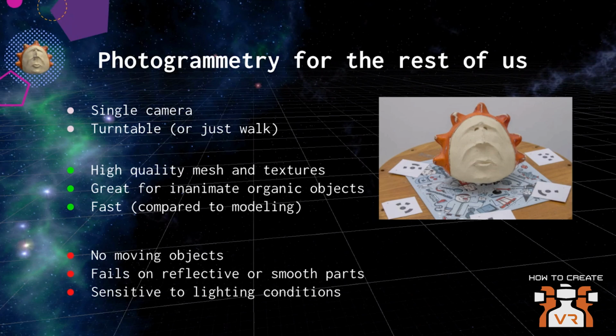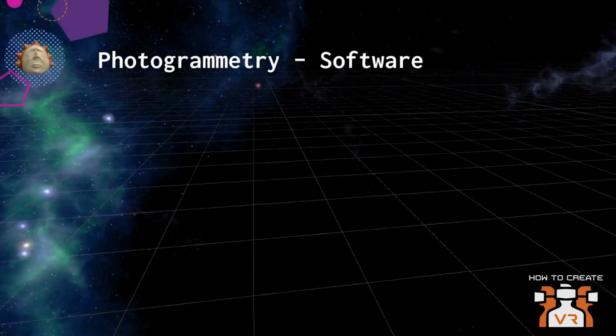Do you recommend a turntable over walking around? If the object is small and you have good control over the light, which I will talk about, then a turntable is a very easy way because it saves you a lot of time. Before we go into the process of taking the pictures, I'm going to talk about the software and what's available